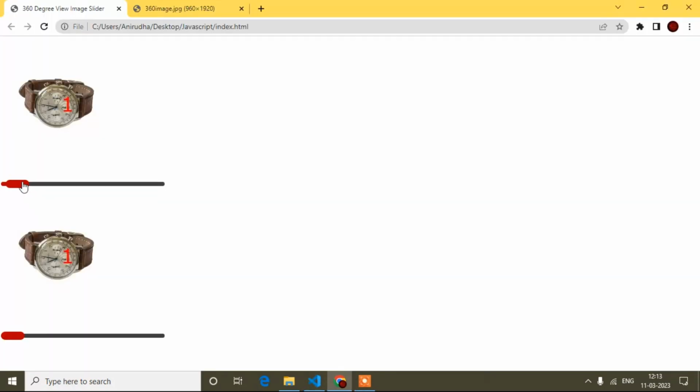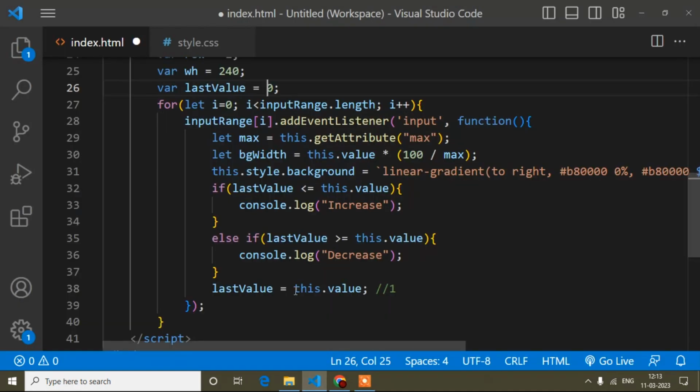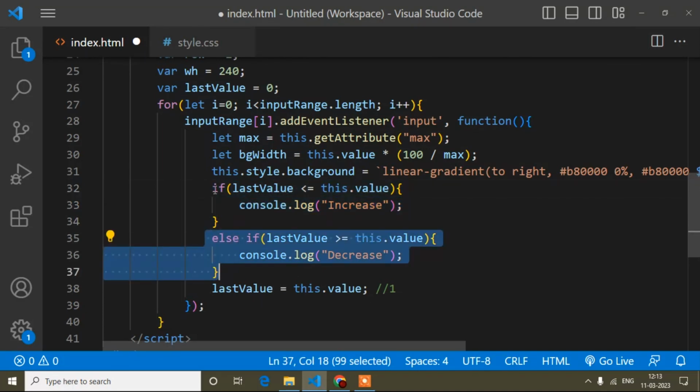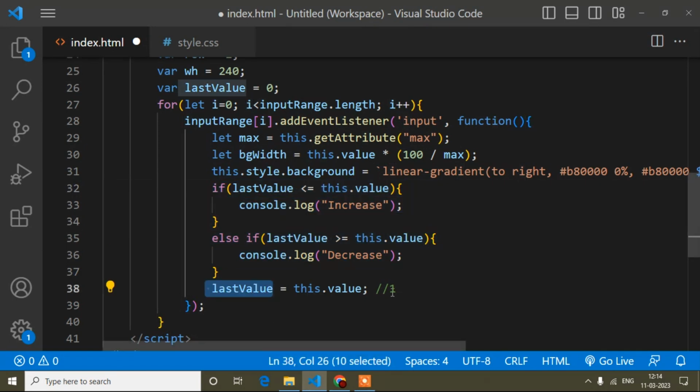Again if I come here, this value will be 2 and the last value is already 1. So again the last value is less than this value, so again it is increased, because it is coming line by line, right? After that I store this value inside last value, so the last value will be 2.